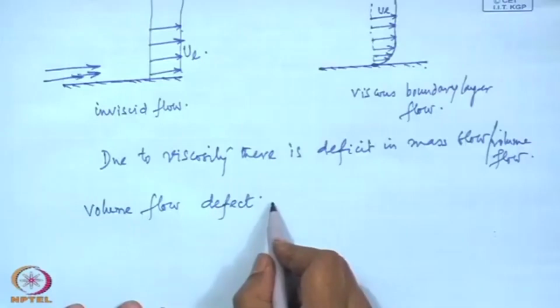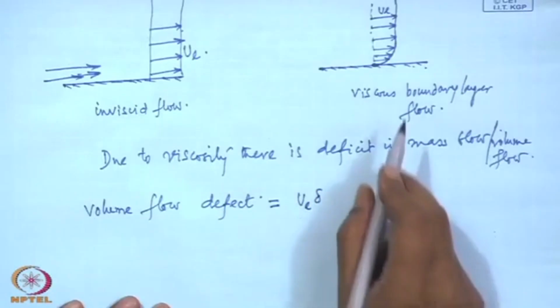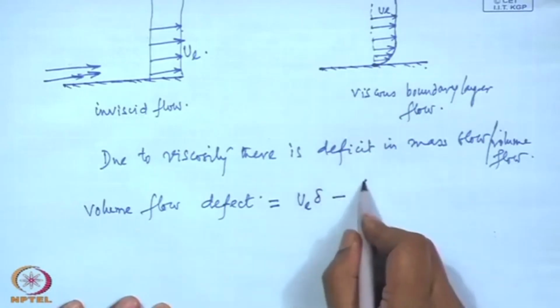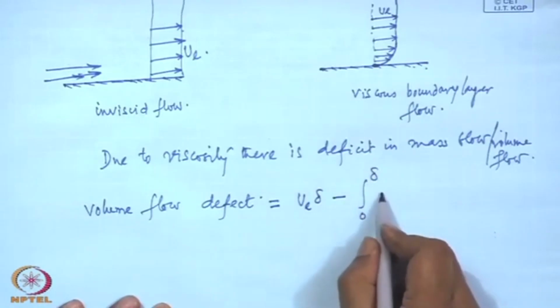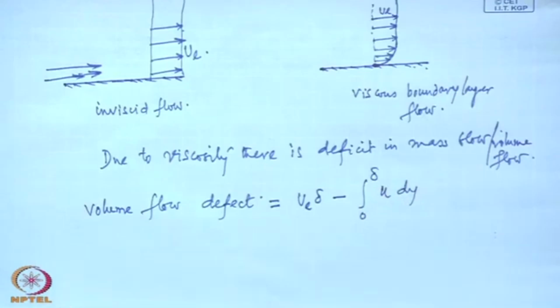In the inviscid flow, the volume that would have flown through the thickness of layer delta is UE into delta, and in case of viscous flow this is, which can also be written as